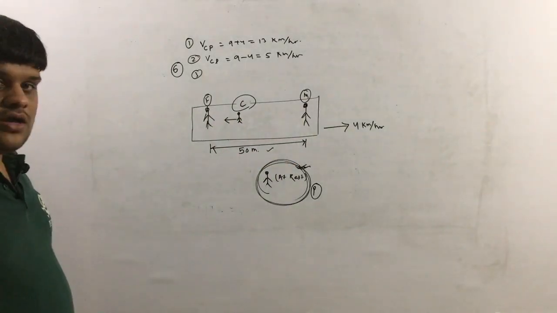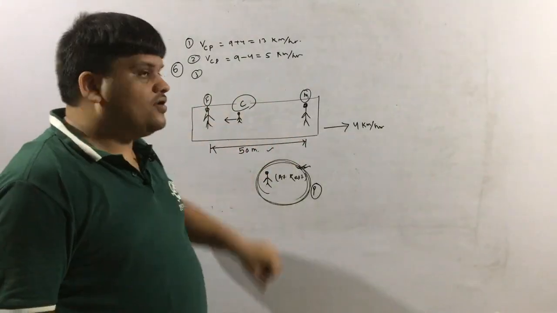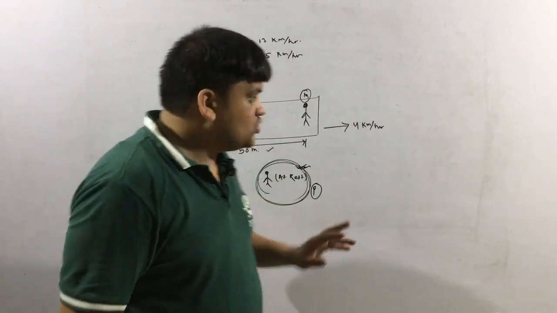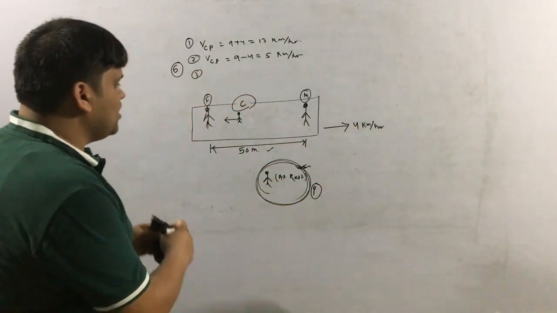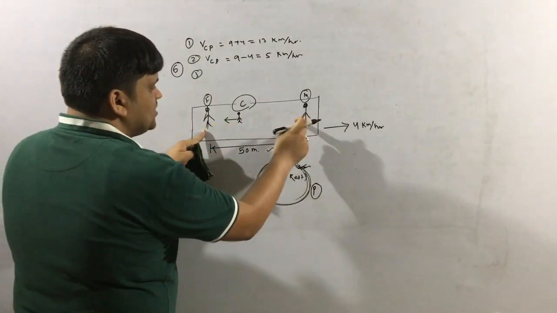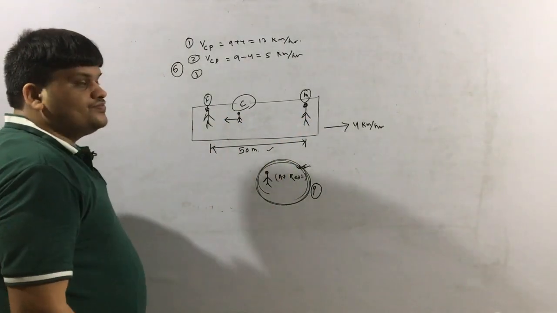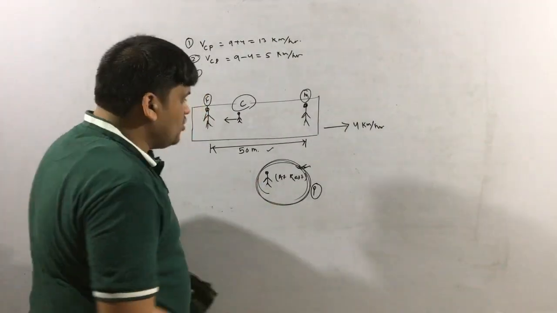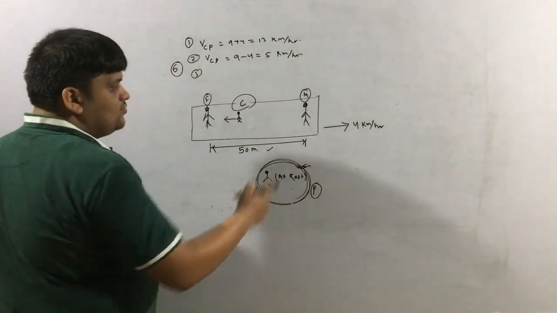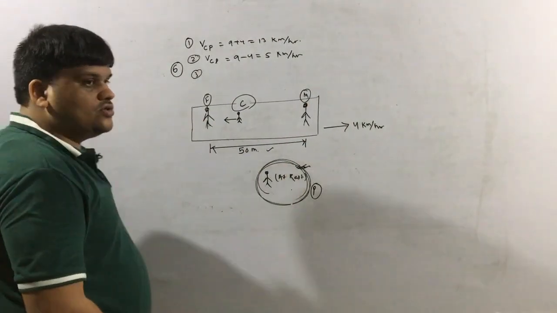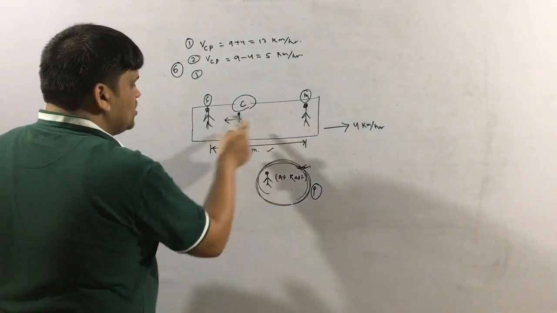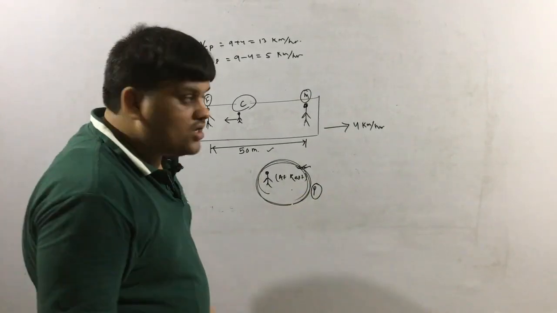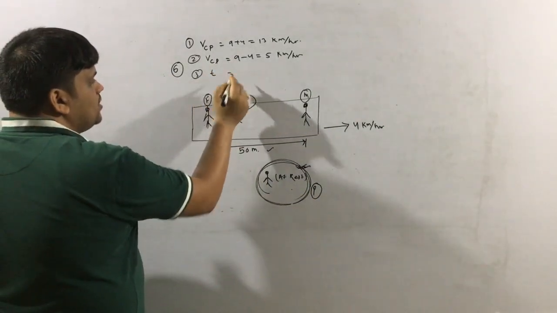When will the time be different? If all 3 persons were not on the belt. But all 3 persons are moving on the belt itself. So this velocity is not going to affect the time taken for the child to come from father to mother or from mother to father. Is it clear? So time taken is not relative at all. You cannot find the time with respect to this, with respect to this, with respect to this. The time taken from here to here will be fixed for the father, for the mother, for the person, for anyone. So what is the time taken for the child?